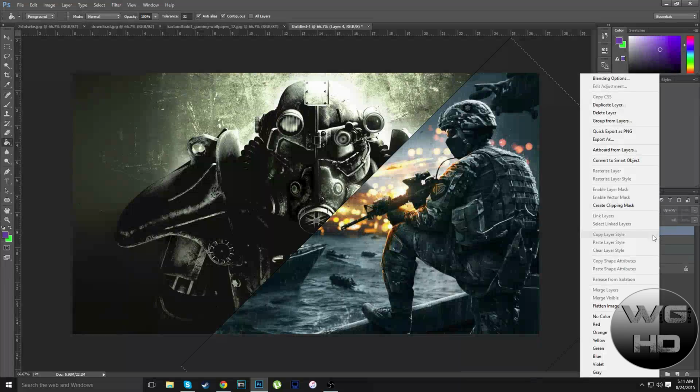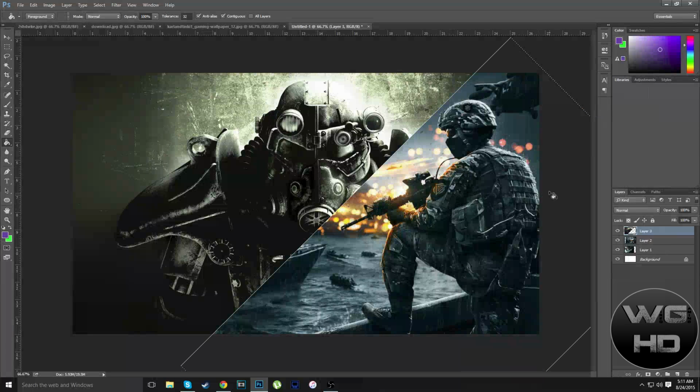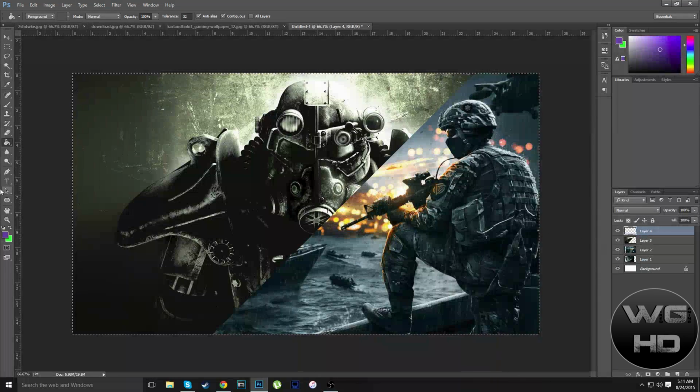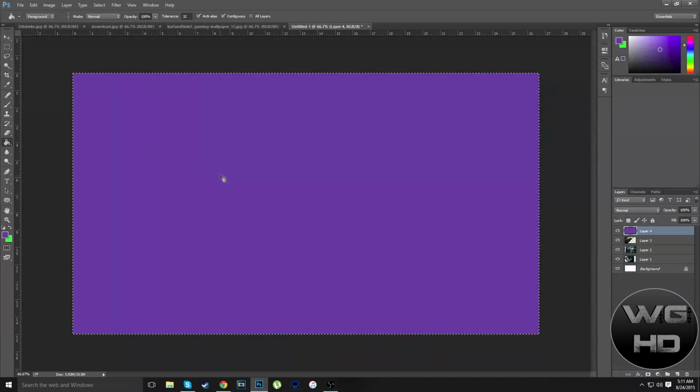Now we're going to do the same thing with the other half. However, we need to delete this because it most likely did not save the rectangle. So start the other one. Hit Control A on the other layer. And we're just going to do the same thing we just did. Control A, Control T, hold Shift,